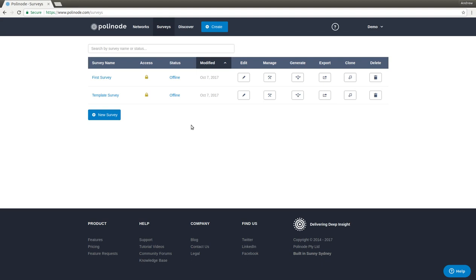If we go back to surveys, you'll see that here's the first survey. Its status is currently offline. And you can see, we could go back to edit here. There's a lot more functionality to manage this, the responses, etc. under manage. And then once you're ready, once the responses have come in, you can hit this generate button. So if we hit generate,